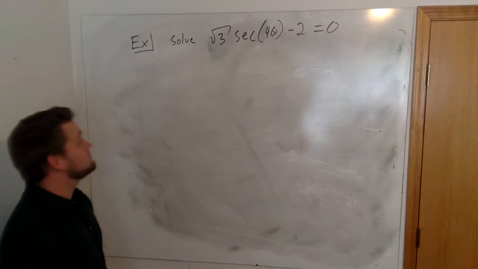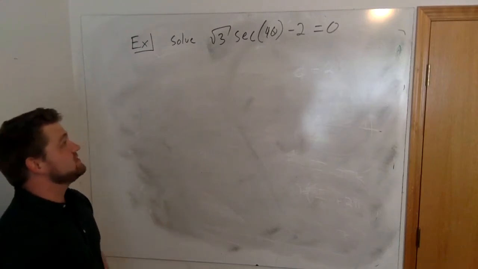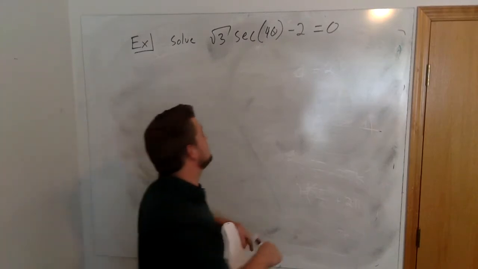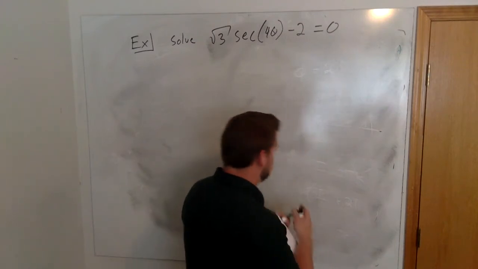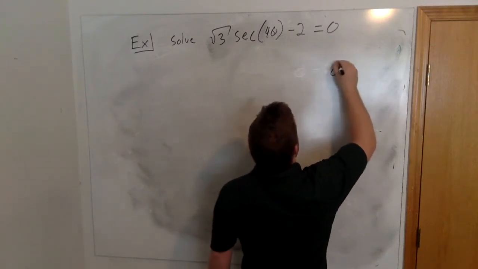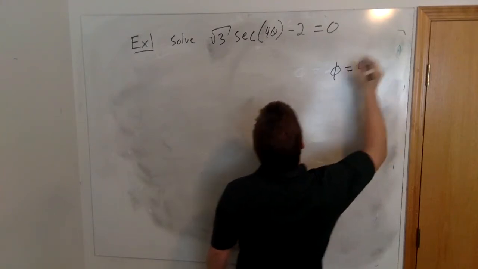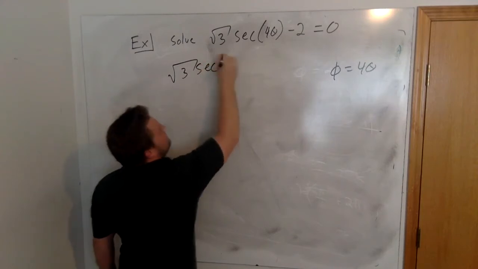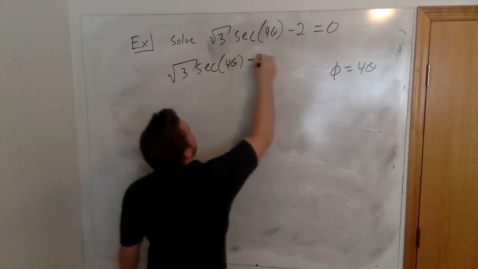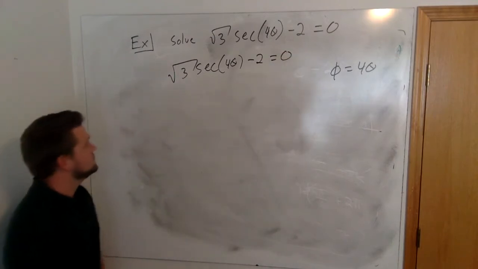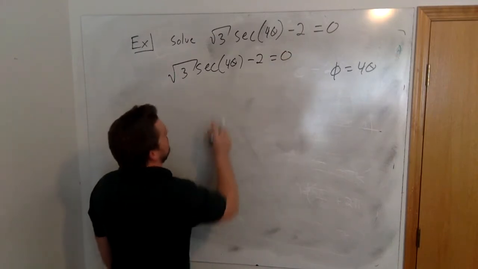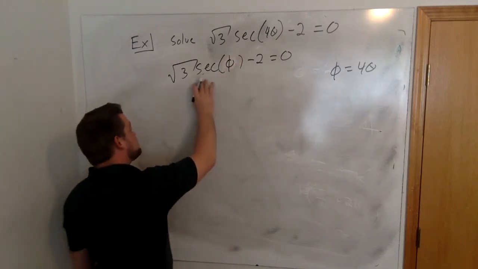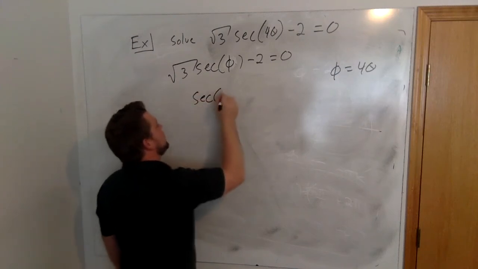Okay, let's do it. The first thing I'm going to do is isolate the secant of 4 theta. Or what might be nice here is to automatically make a substitution. You don't have to do this, but I find it to be useful. Let's define phi to be 4 theta. So we'll have the square root of 3 times the secant of phi minus 2 equal to 0. If we solve for secant of phi, we'll get that secant of phi